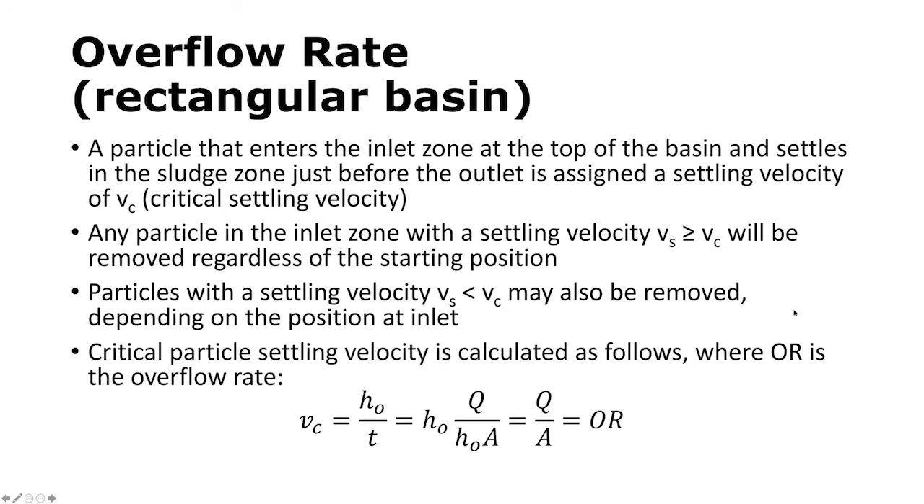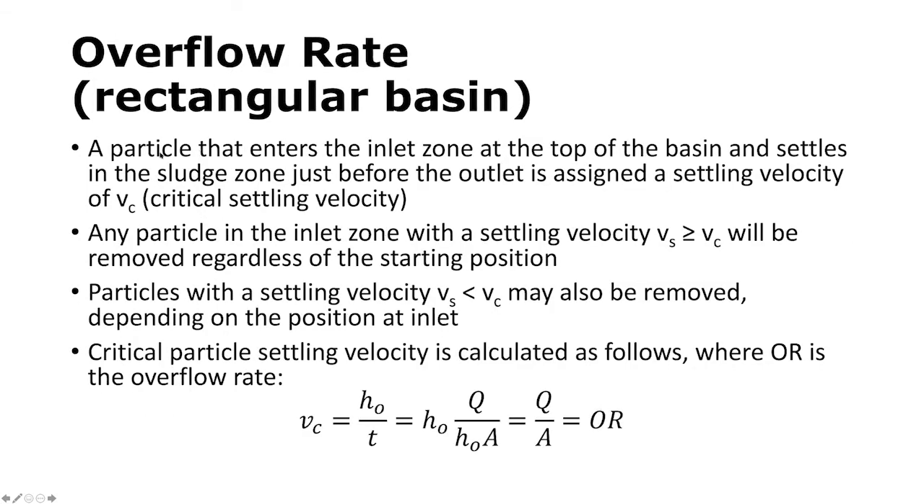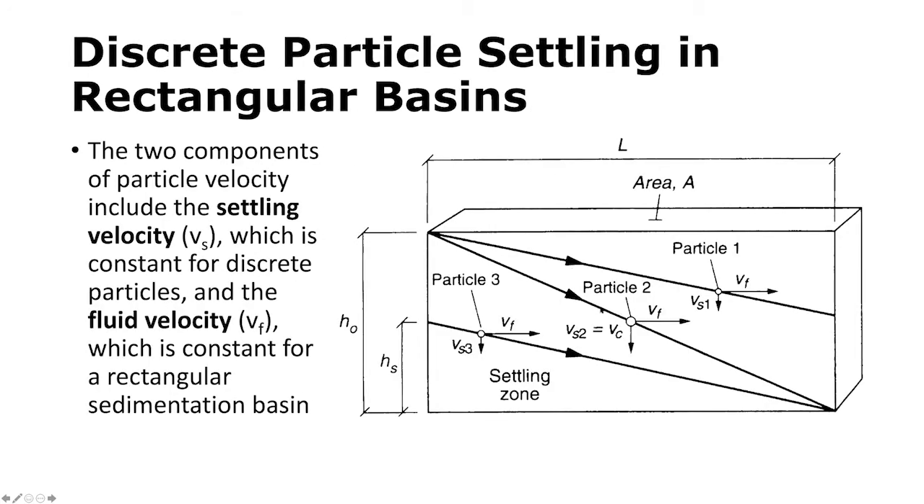Using the two fundamental assumptions here, that the settling velocity is constant for a discrete particle and that the fluid velocity is constant for a rectangular sedimentation basin. And we can calculate the fluid velocity, remember, based on the flow rate and the cross-sectional area of this reactor. Based on those fundamental pieces, we have a particle that enters the inlet zone at the top of the basin and settles into the sludge zone just before the outlet, which in our example before,